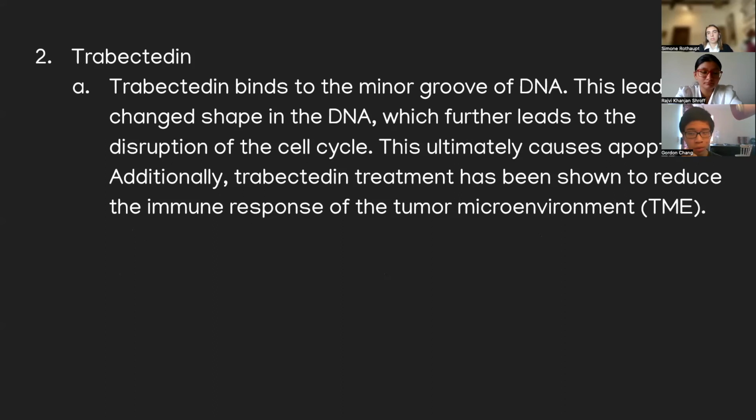So the tumor microenvironment is essentially the area near and around the tumor cells, and it is largely responsible for growth. Efforts to kill those cells have been very difficult, as those cells have immune systems as well. So trabectedin has been a tremendous help in the sense that it can ignore the immune response of those tumor cells.